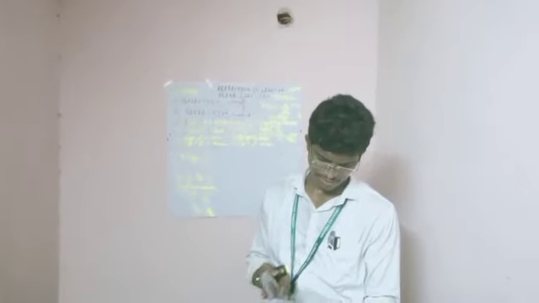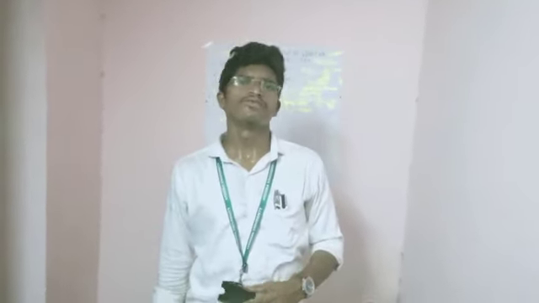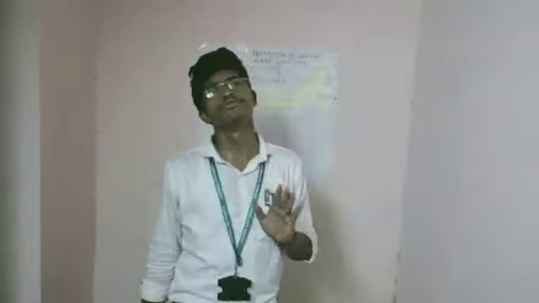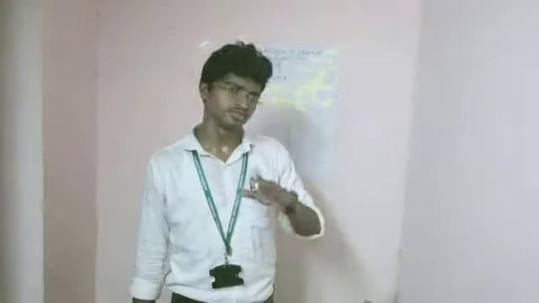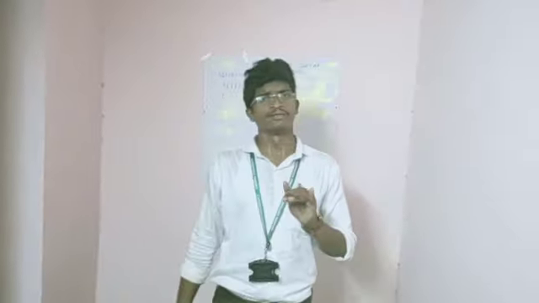Let me now explain the two mediums: denser medium and rarer medium. What happens when a light travels from a denser medium to a rarer medium? What happens when a light travels from a rarer medium to a denser medium? If we question ourselves, what is a denser medium? There is a lot of risk people are taking with these two media. Here there are two media called denser medium and rarer medium.